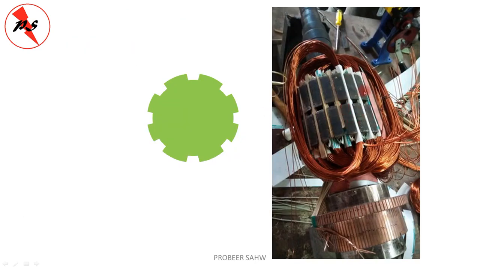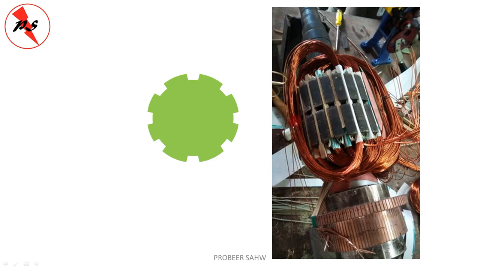This is the rotor of the DC machine. You can see this is cylindrical in nature. Okay, this is cylindrical in nature, and we know on the outer periphery we create slots to have the armature winding. So these are the slots. These are the slots on the outer periphery of the rotor, in which we can see armature windings.